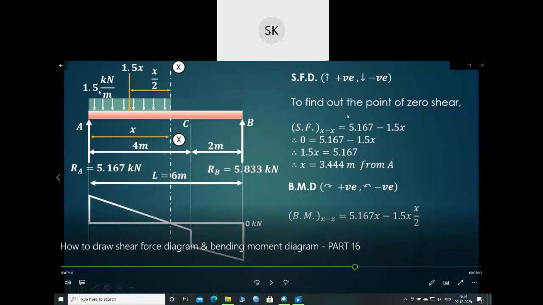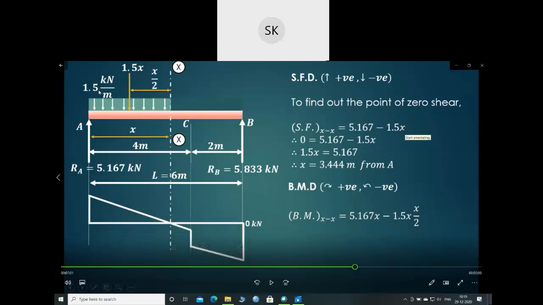Okay, I'll discuss once again. Whenever you need to find bending moment, you have to take sections between points. So we had two sections, between A and C and C and B. We need to find the bending moment between A and C by taking a section, and again the bending moment between C and B by taking a section. So let's start with the A and C part. I'm taking a section XX at a distance of x meter. So for this part, what will be your bending moment equation?